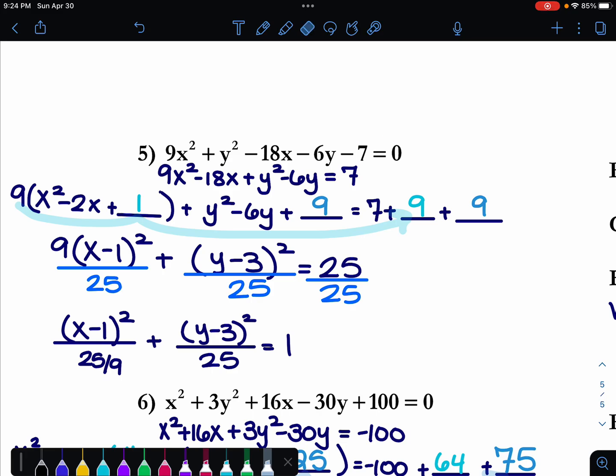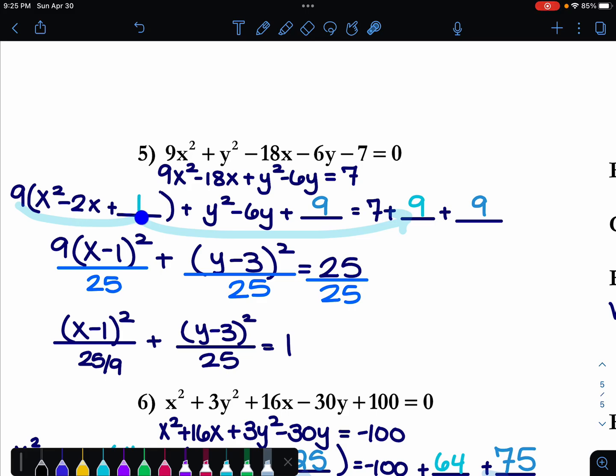if there's a coefficient for our x squared, we have to factor it out. So the x's have this 9 coefficient that we have to factor out. So I'm going to factor it out. 9x squared divided by 9 is x squared. Negative 18x divided by 9 is negative 2x. And then I leave this blank space to complete the square. But I'm also going to put a blank space on the right-hand side to make sure I balance out when I complete the square. So to complete the square, I divide negative 2 by 2, square it, and get positive